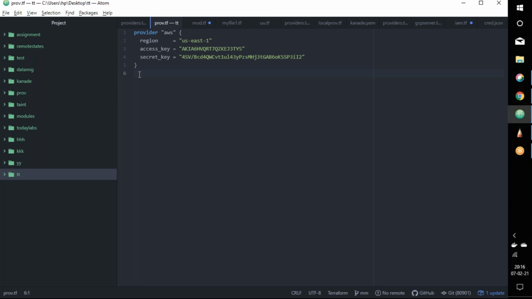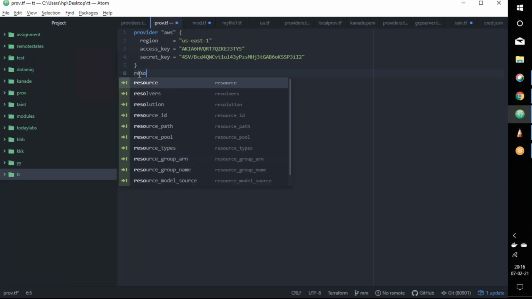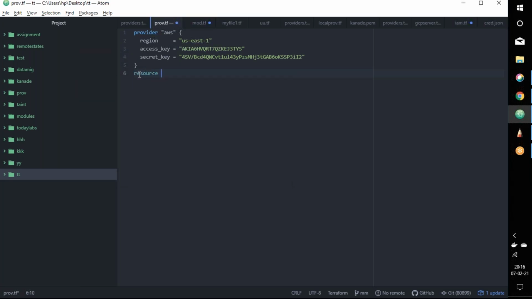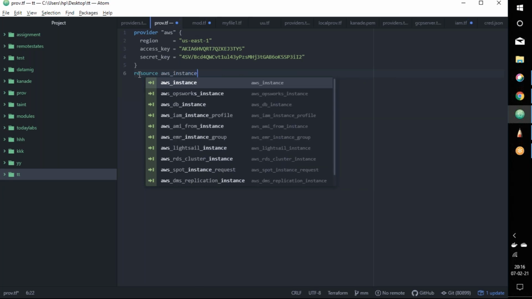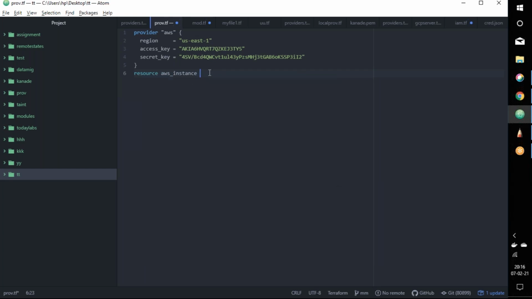So, resource, and the type of the resource is aws_instance, followed by the name of the resource. Let's call it my_ec2.